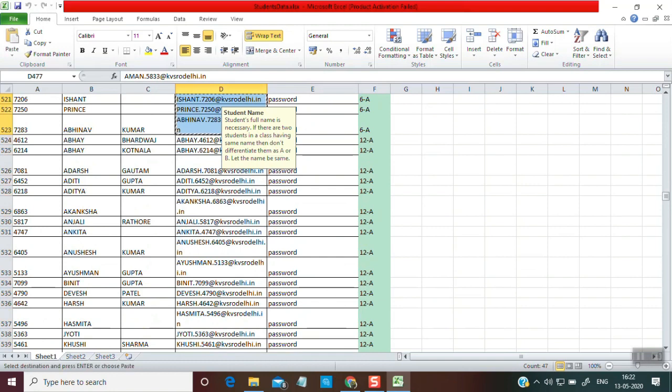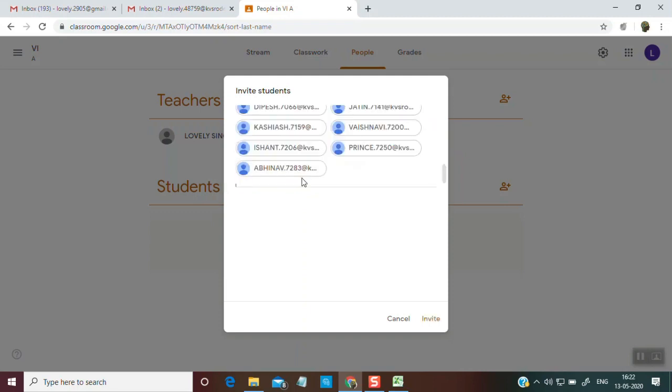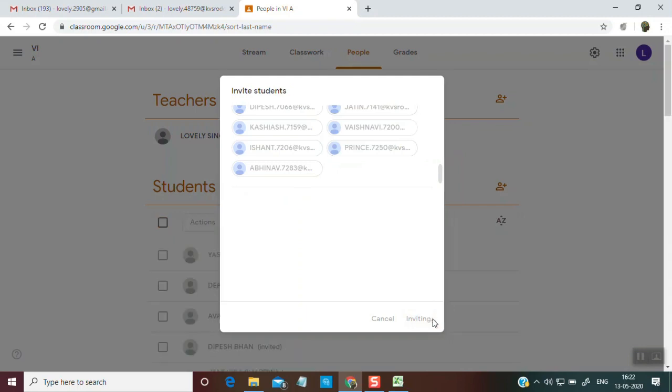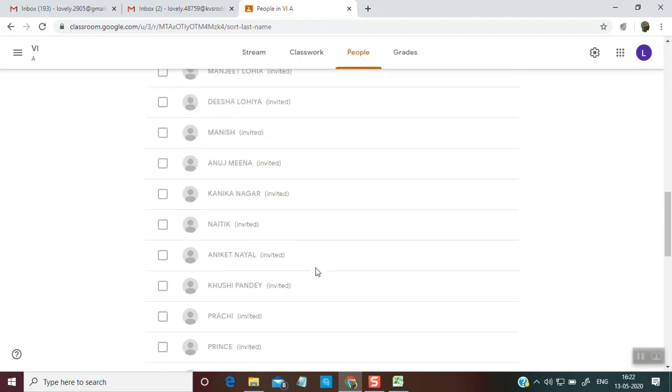So Control C, and then I'll go to my classroom there. I'll click here and press Control V. It will have this kind of line here. You just click here and then click on invite. Now all your students have got the invitation.